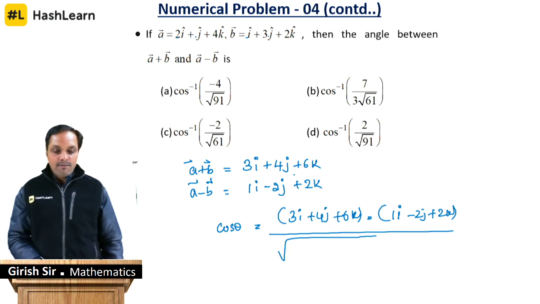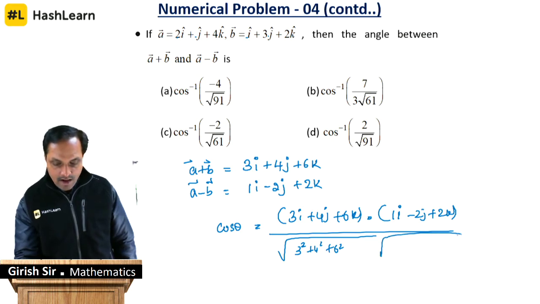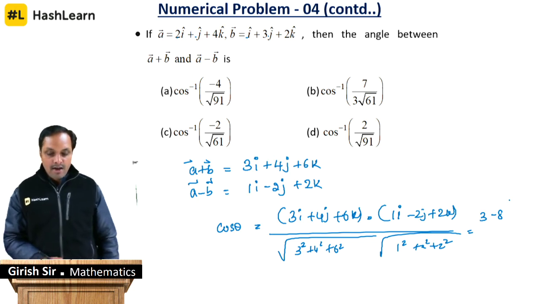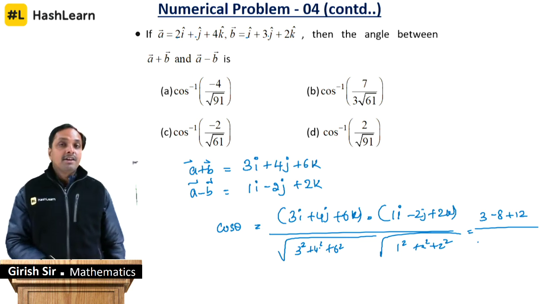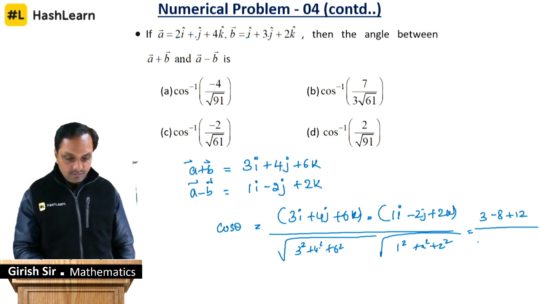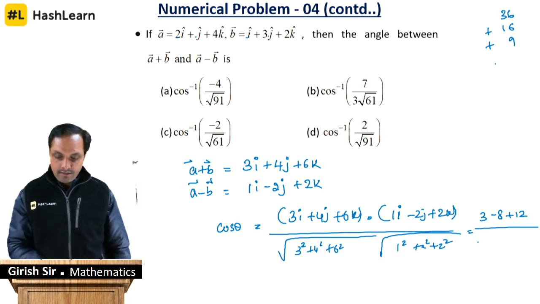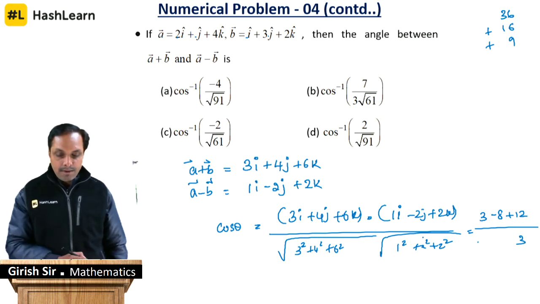So what is the magnitude of a plus b? It is 3 square plus 4 square plus 6 square, and 1 square plus 2 square plus 2 square. What happens to the numerator? 3 into 1 is 3. Here 4 into minus 2: 4 into 2 is 8 with negative sign, and 6 into 2 is 12, divided by 36 plus 16 plus 9. And this part will give you 3 because 2 square is 4,